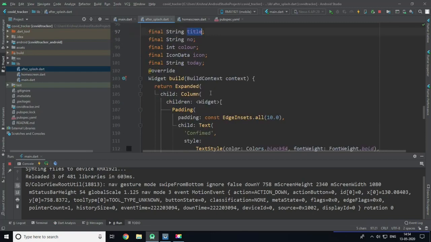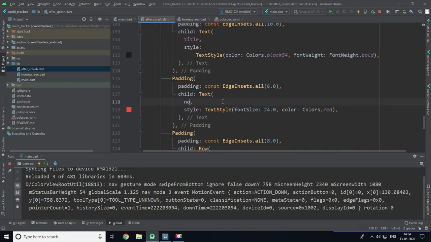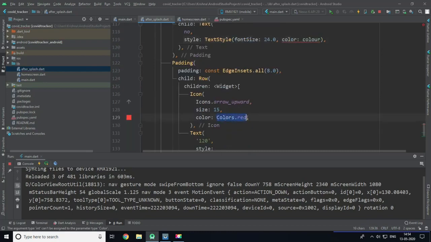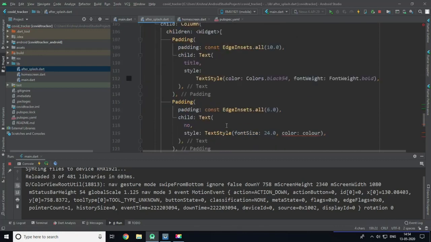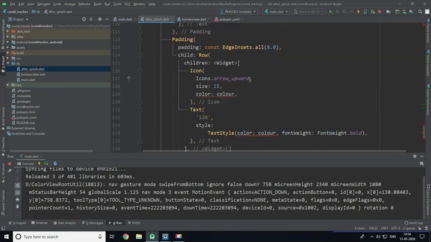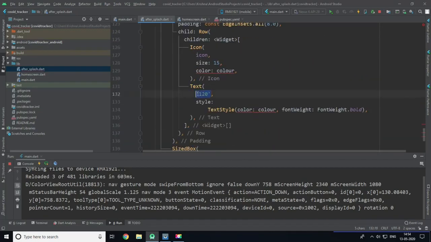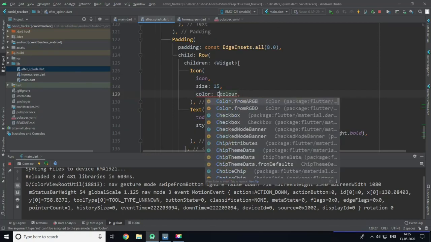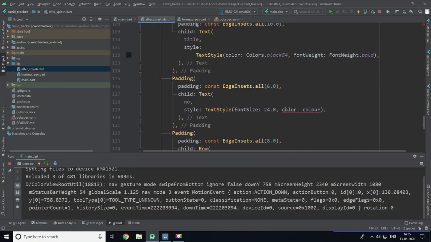So now I will set the title to this confirmed because we need a title here, and a number to this dummy number, and a color to the color of our number, as well as the color of our arrow button and the color for our active cases, and will pass icon to here as icon data and our active cases here. Okay, now we need to set this to a color widget, and I will copy it and change it here. Now we have solved all the issues in our code.